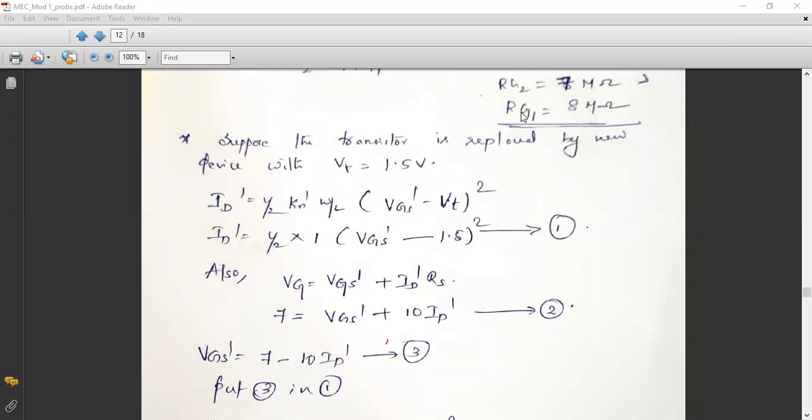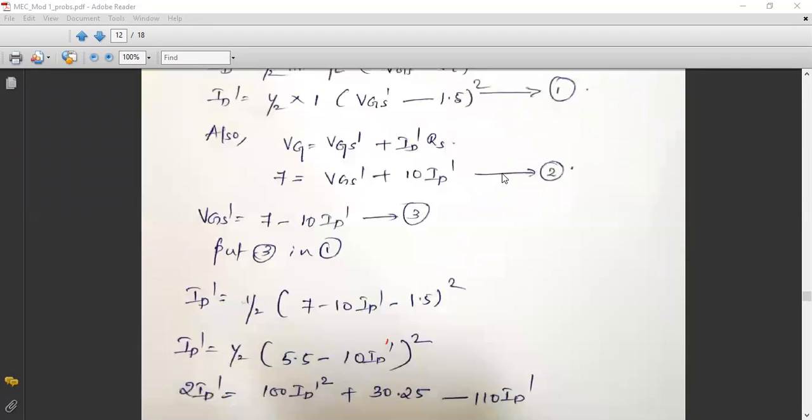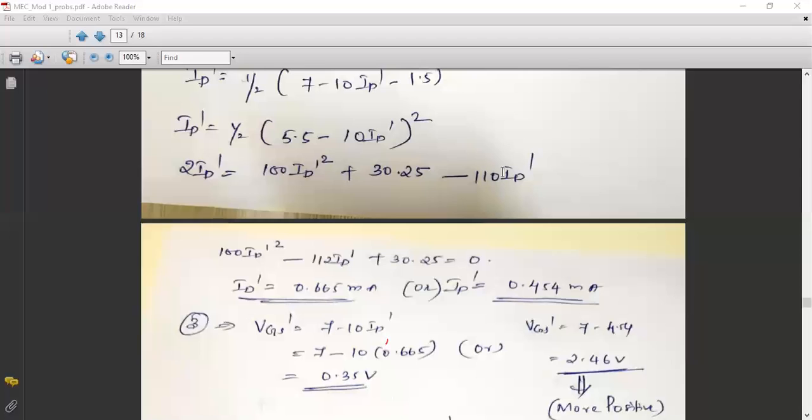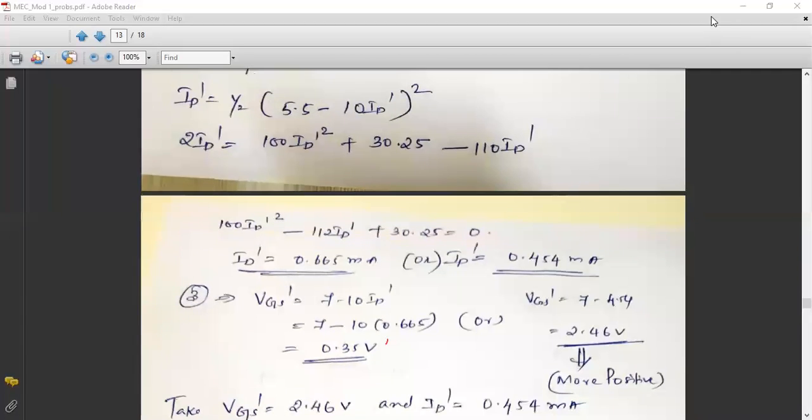Yes, 0.347 and 2.454. Okay. Yes, correct, Uma Devi. Let me check. Yes, 2.46 and 0.35. Out of which is more positive? Please recall that the given circuit is, yes, very good, Soumya, the given circuit is NMOS, right? The given circuit is NMOS.